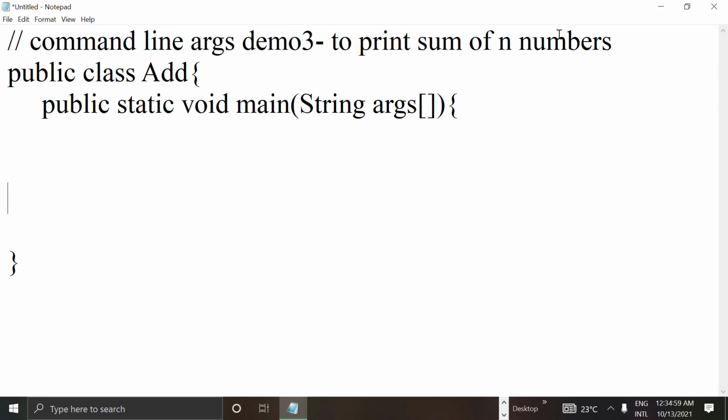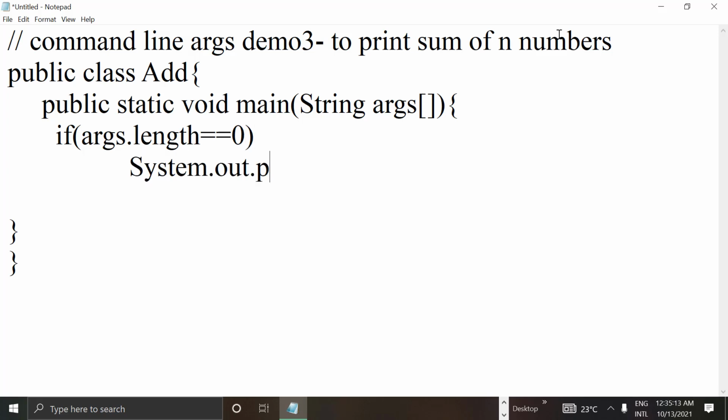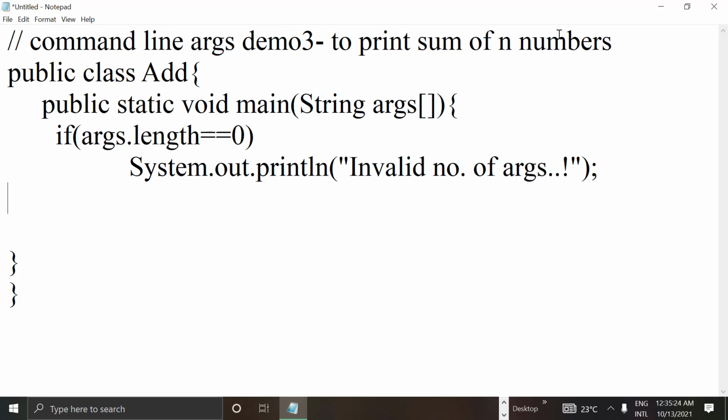First of all, if args.length equals 0, I need to show the message "invalid number of arguments", in case the user forgot to pass any arguments. Else, if the user passes one or more arguments, I need to work with them.